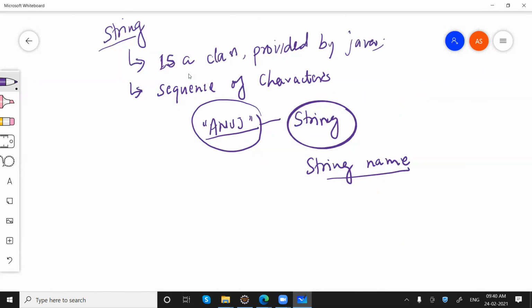Now, what are the different properties or methods we have inside the class? Let's discuss them. There are multiple operations we can perform with a string.